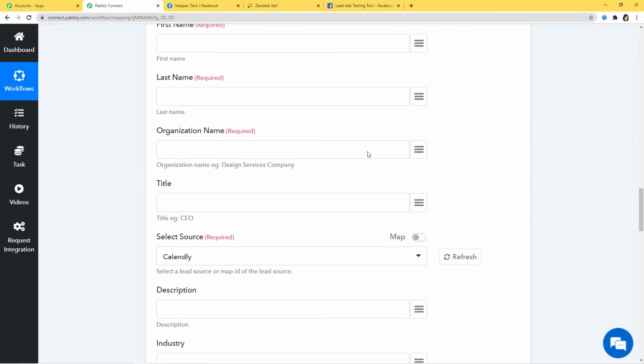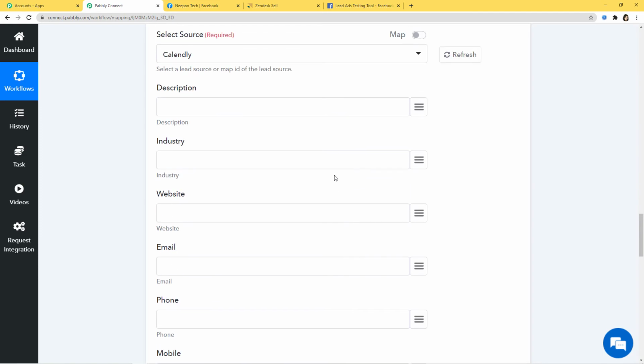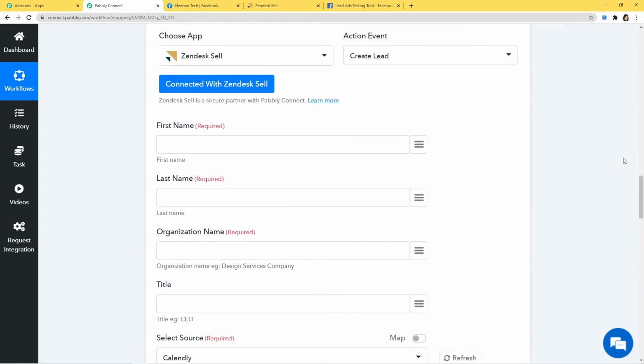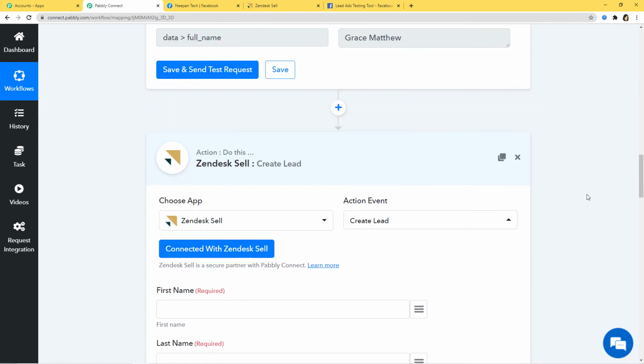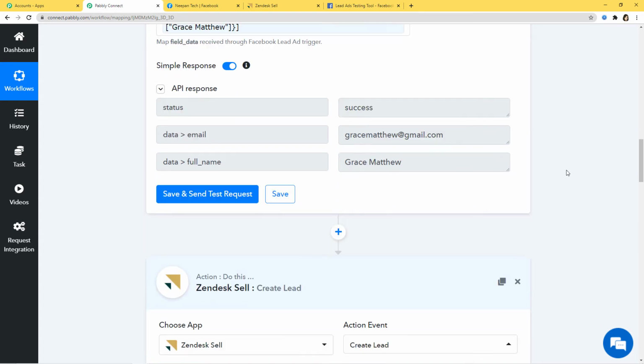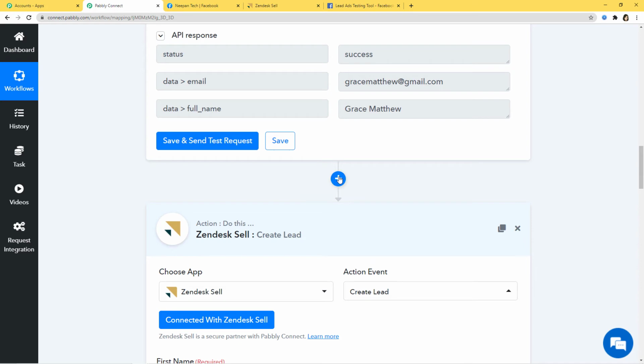So now when you come down here, you can see we have some empty fields and we have to fill the information according to our response. So first you can see first name and last name. So here it requires the first name and last name in separate columns, whereas we only have got the full name. So in order to separate our names into first name and last name, we are going to split our name. So in order to do that splitting, we are going to add an action step.